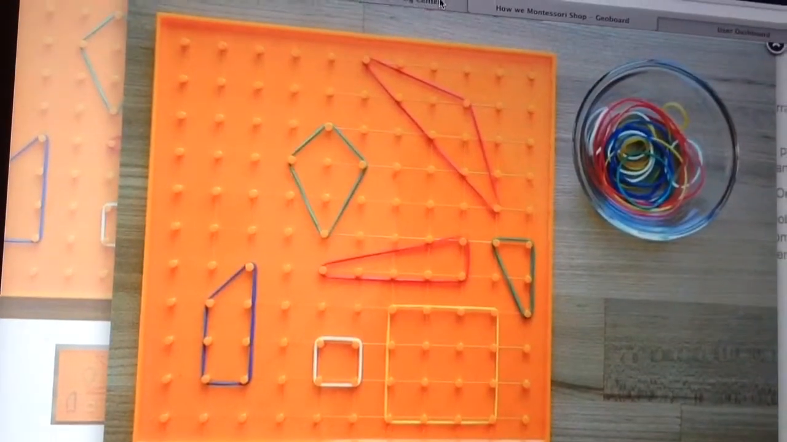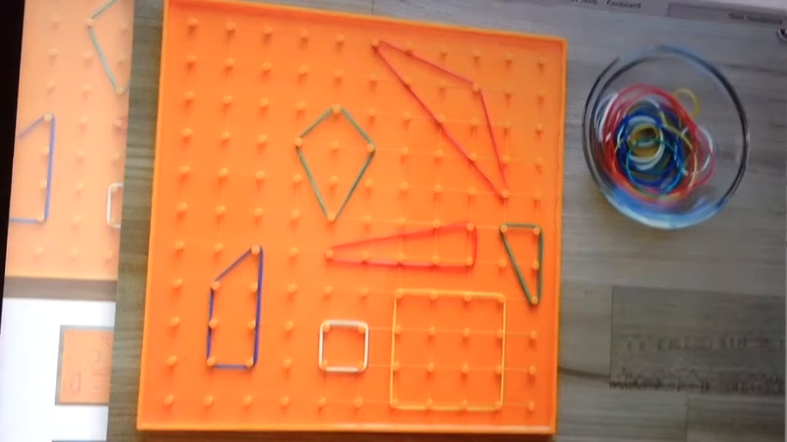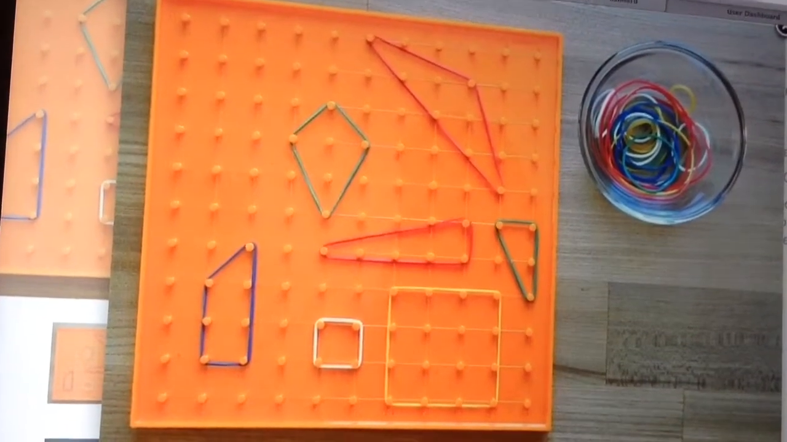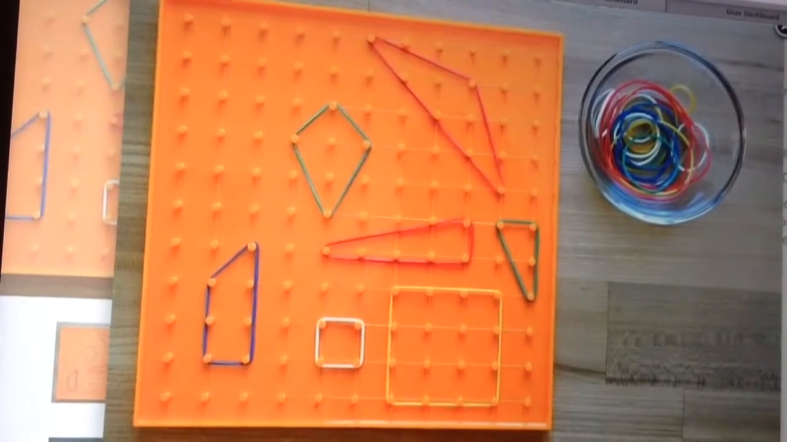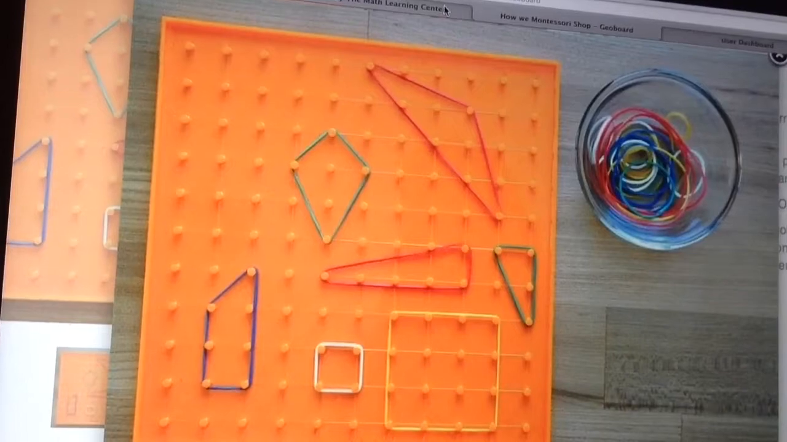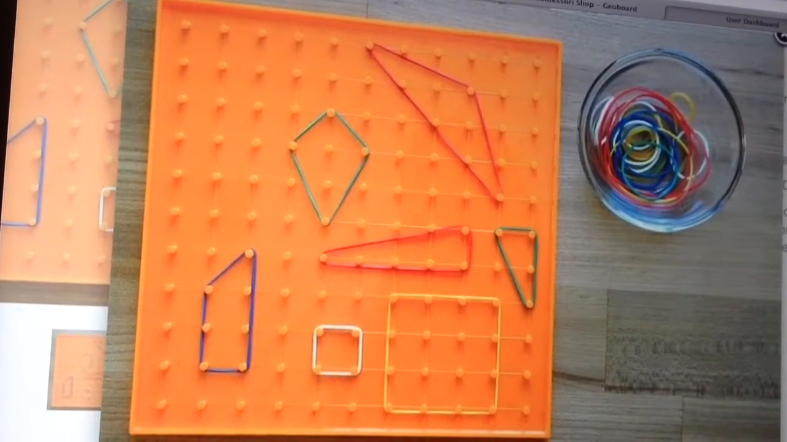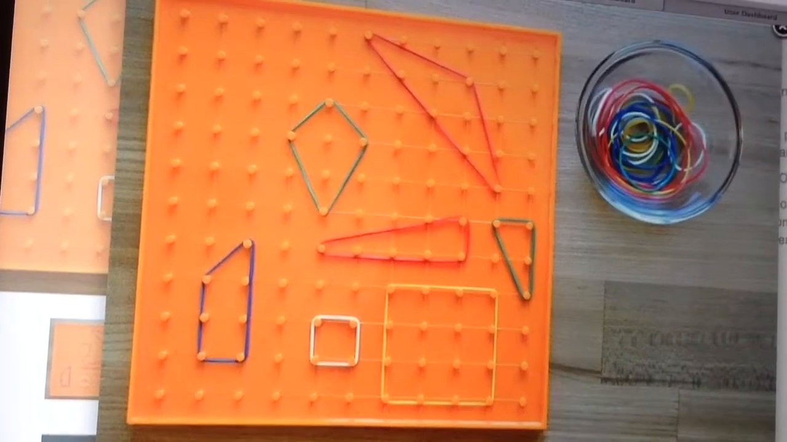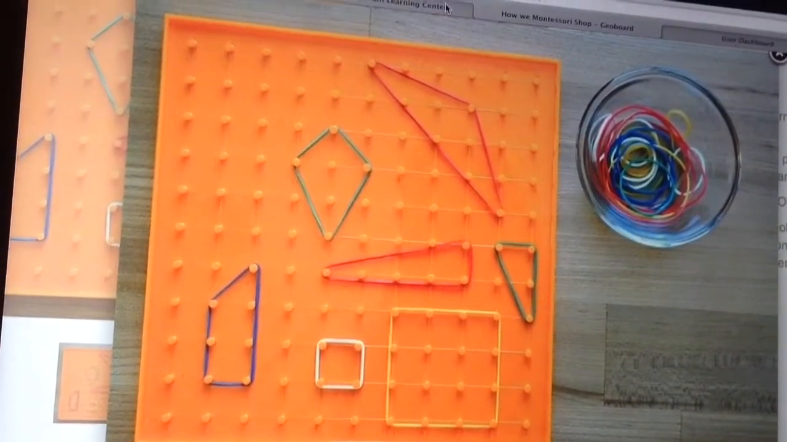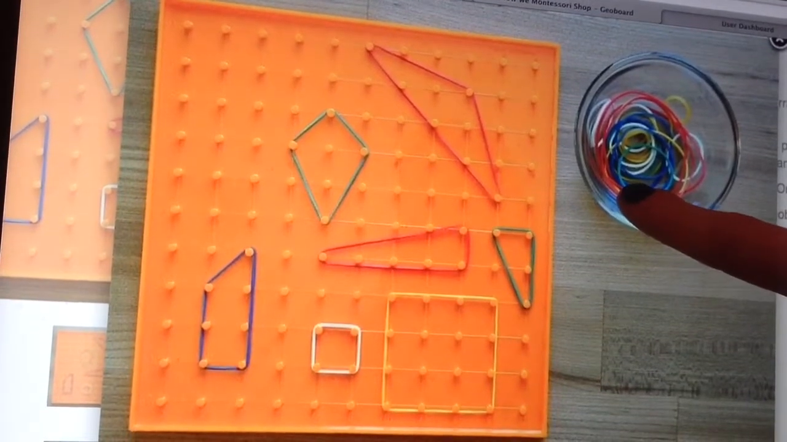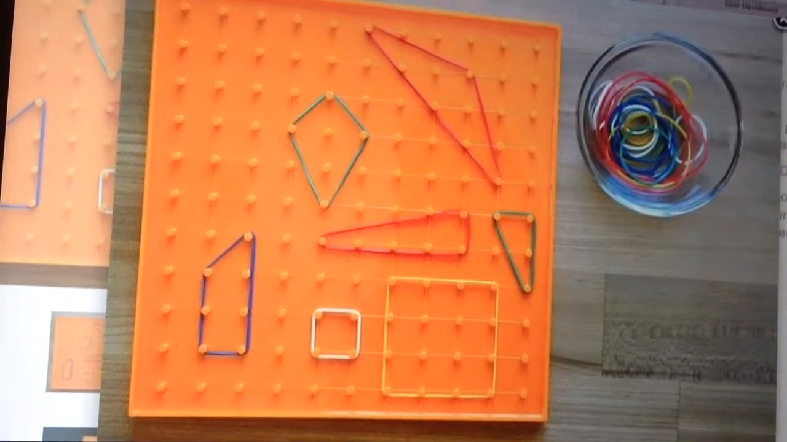I chose to research the manipulative geoboards. Geoboards are usually square shaped boards that come in all different sizes. They can either be wooden or plastic, but they're usually plastic in schools. They have pegs coming out from the board placed at equal distances from each other, and there's also rubber bands that you use to wrap around the pegs to create different shapes